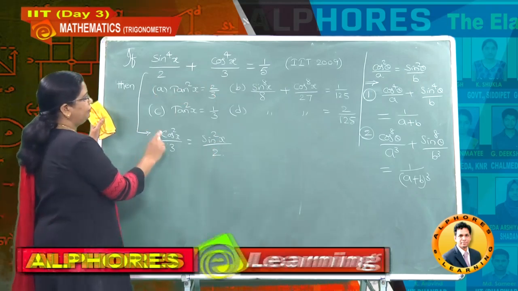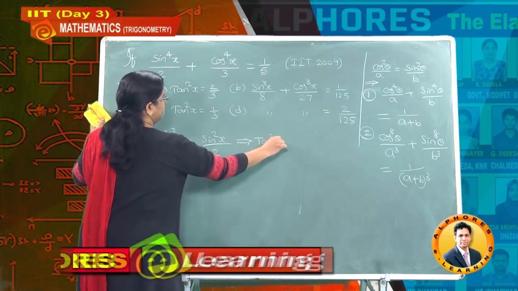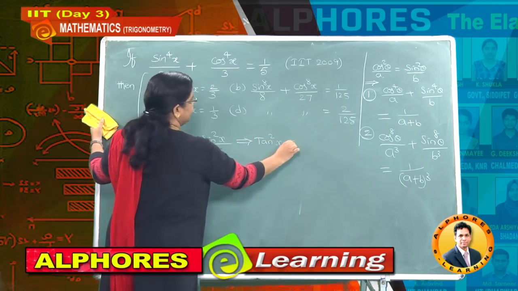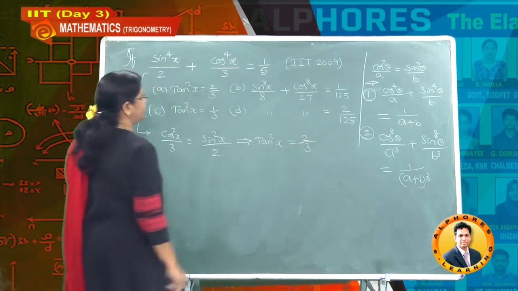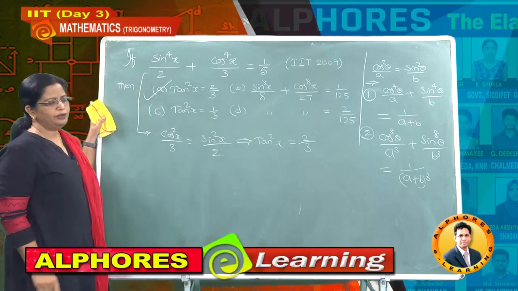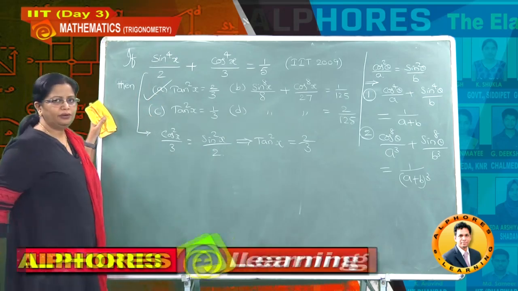Same value of denominator you have to consider, A, B as it is, no change at all. Then from these two conditions, what is tan square x? If you take cos square this side to this side, then tan square x is equal to how much now? It is 2 by 3. So now you got one of the values right. So this value you won't get. That means this answer is wrong.